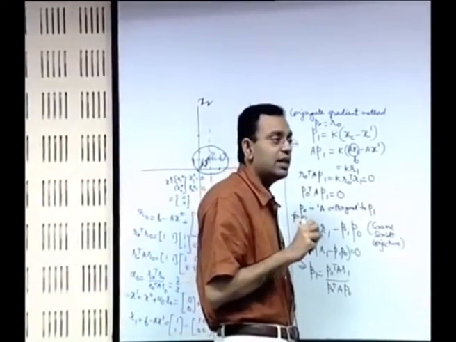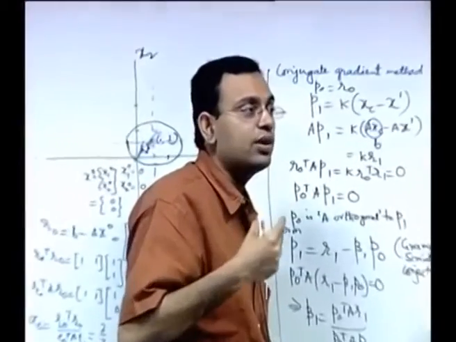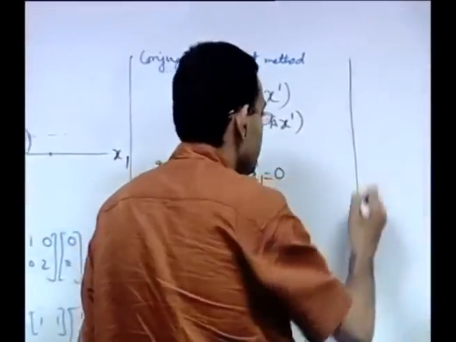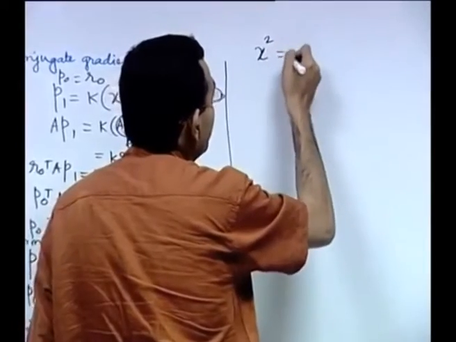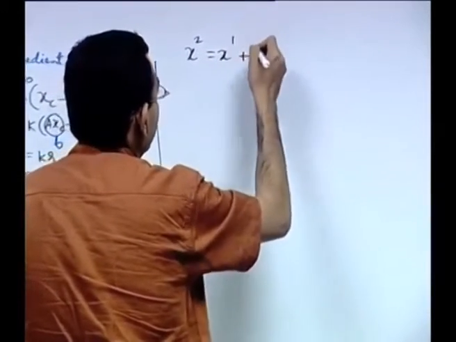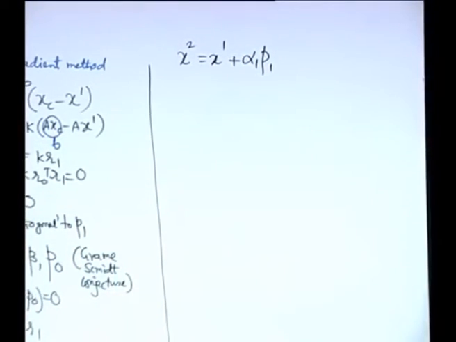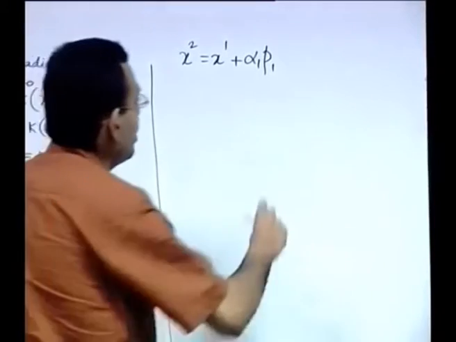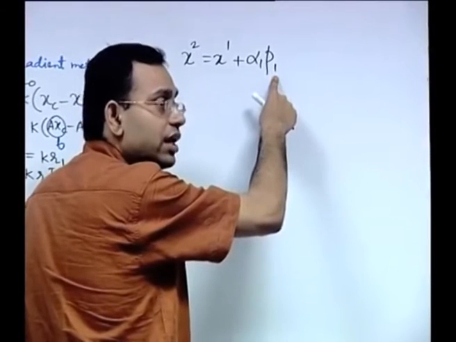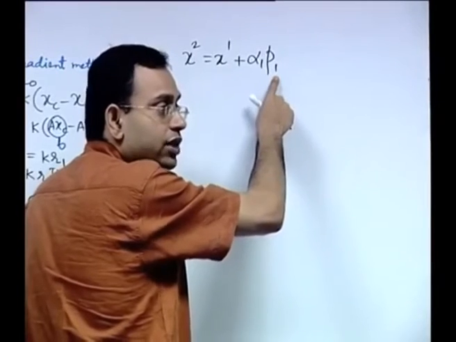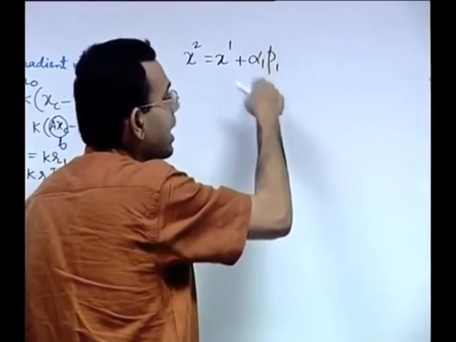But the next thing is that you know the direction in which you want to move, that is p1, but how much, that you have to find out next. So next you have to find out what the next point x2 is. x2 is equal to x1 plus alpha 1 into p1. See, here lies the difference between the steepest descent and the conjugate gradient method. In the steepest descent method it was alpha 1 r1, so you moved along the direction of r1. Now you are not moving along the direction r1 but a different direction p1, with a hope of reaching the target, the solution, directly in one step.